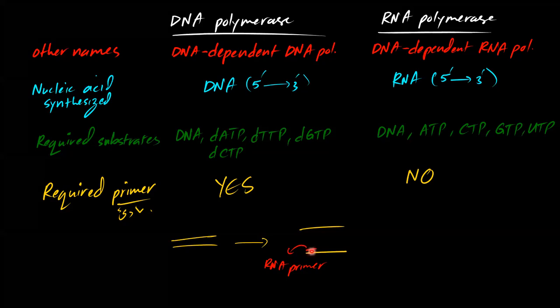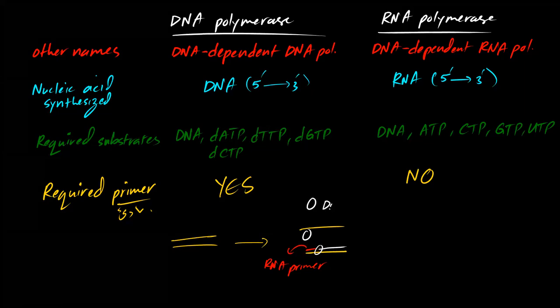After that, the DNA polymerase can come and bind. The DNA polymerase cannot just bind to single-stranded DNA and start making a new strand of DNA. No, it requires a region of double-stranded nucleic acid. Okay, so the RNA primer allows the DNA polymerase